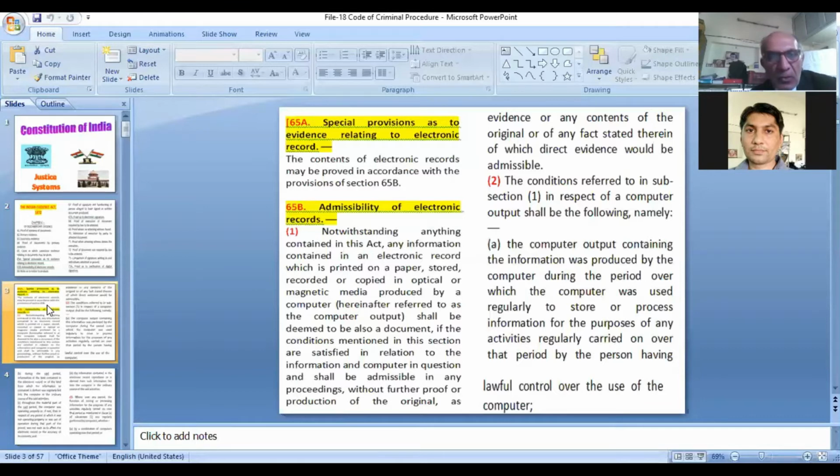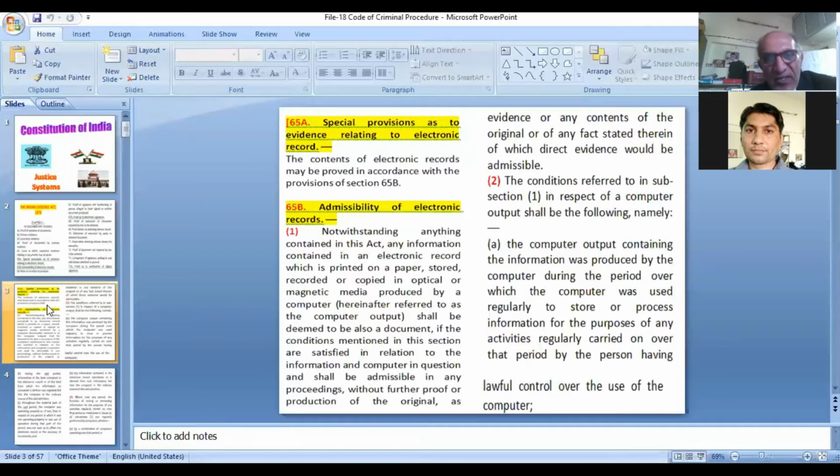Therefore, to have a proper comprehension of the implications of these special provisions, we shall go through this text in the sequence in which it is organized here in section 65B. Section 65B, in its first clause, in first part, reads as,